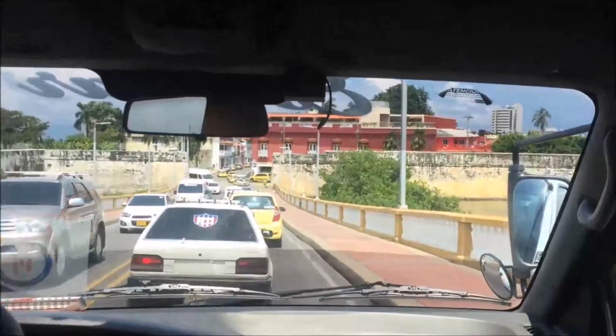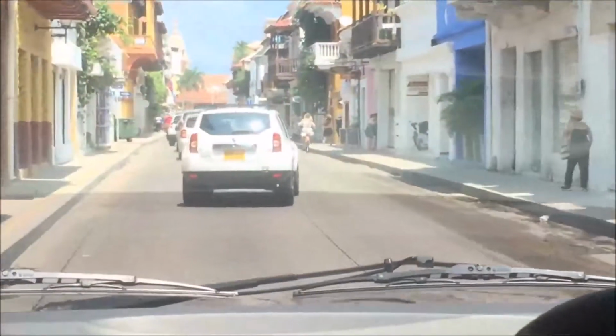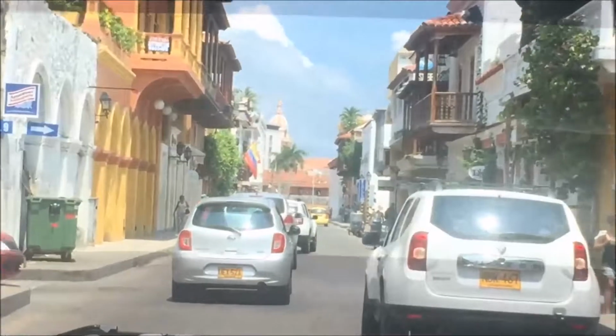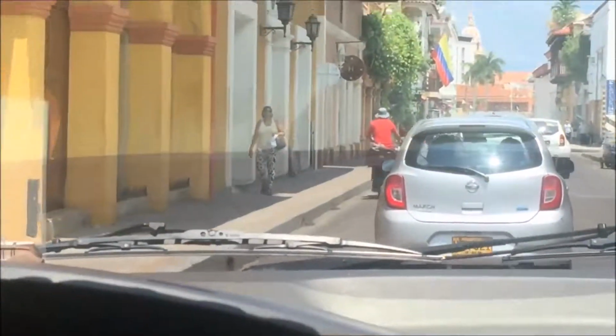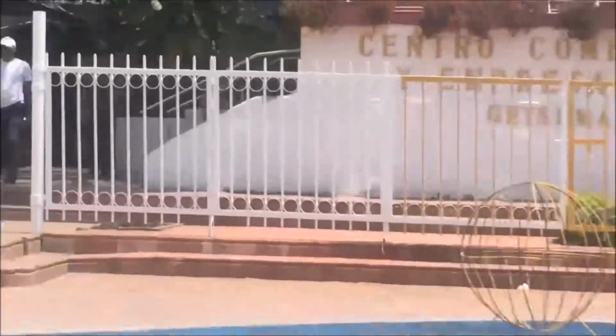And this is the entrance to the old city. Got a lot of old buildings. Very, very pretty. Got the Spanish colonial style. A little taste of local life. There's a lot of street vendors. Aquí al frente vemos el centro de...